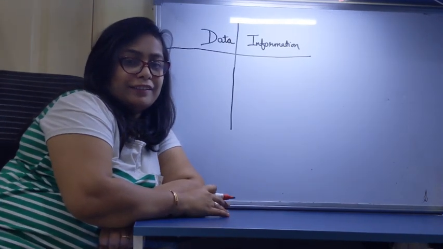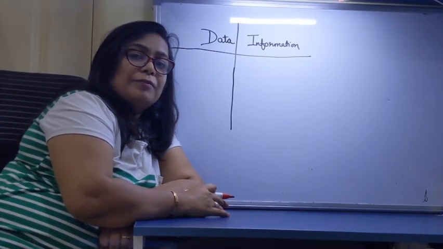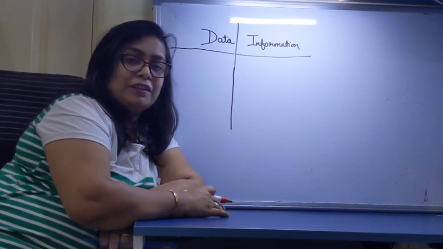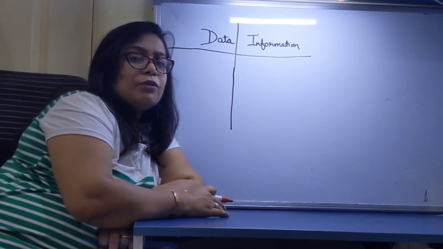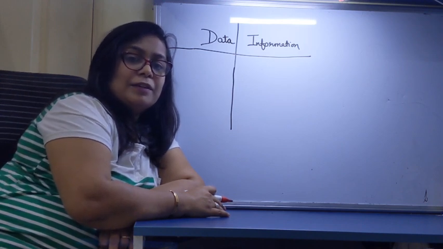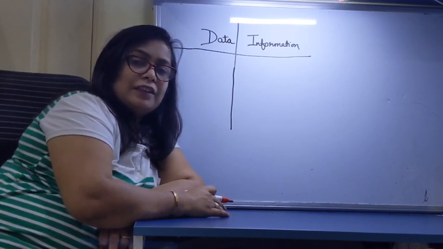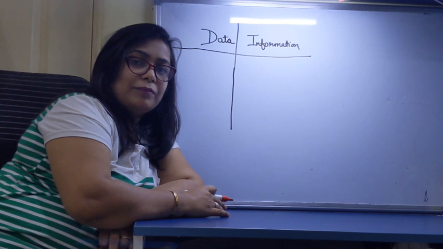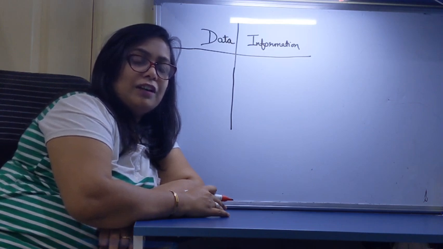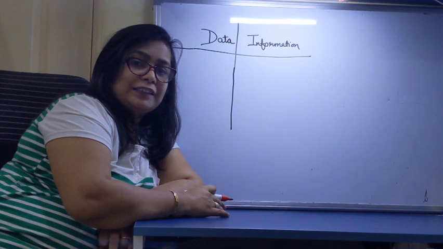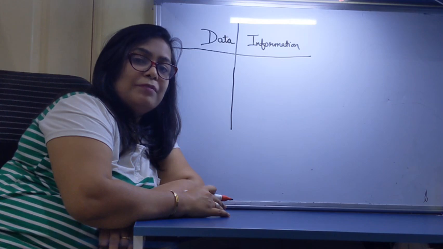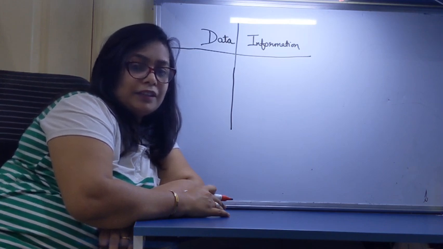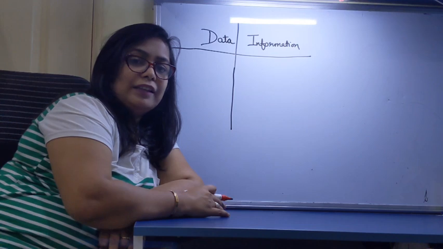So let's get started. The topic is data and information and the difference between the two. In class 3, what you all learned about was input devices. I think you can recall what the input devices are: they are the mouse and the keyboard. Then you learned about output devices. What are the output devices? They are the printer and the screen monitor. And in between the input and output, the computer processes the data and churns it out into information.